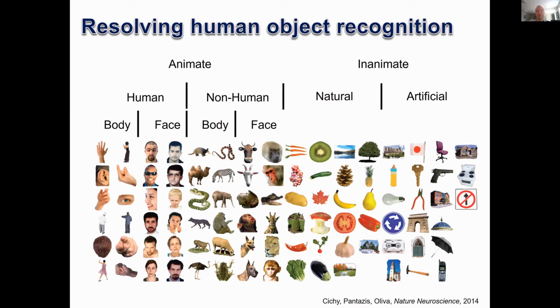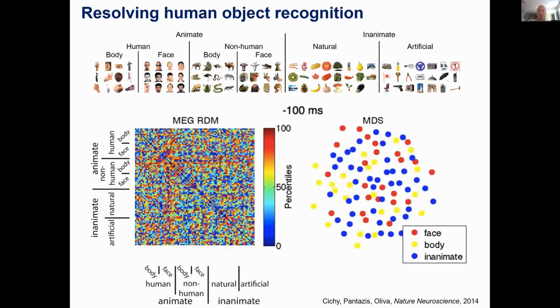So we applied these machine learning tools, and we got these decoding matrices that I mentioned earlier. And these decoding matrices are sort of representations of how the brain sees these different stimuli. We also call them RDMs, representational dissimilarity matrices, because we see how dissimilar the different stimuli are in these